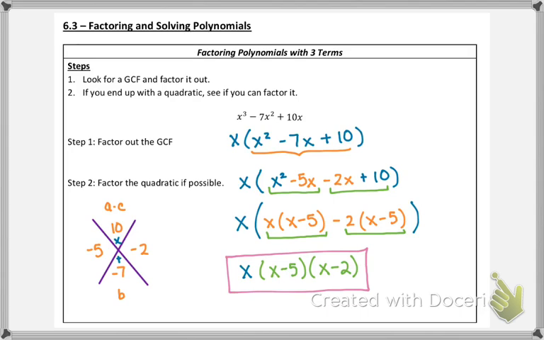And remember, I showed you two ways of factoring quadratics. This is the AC method with the X factor chart. You could also do the guess and check method if you want. Remember, the guess and check method is just